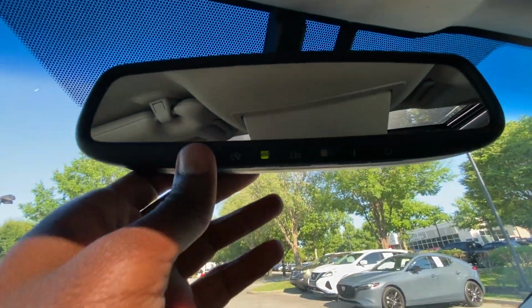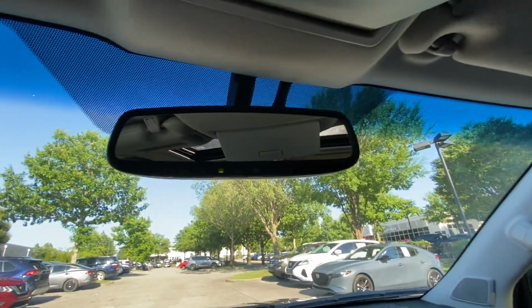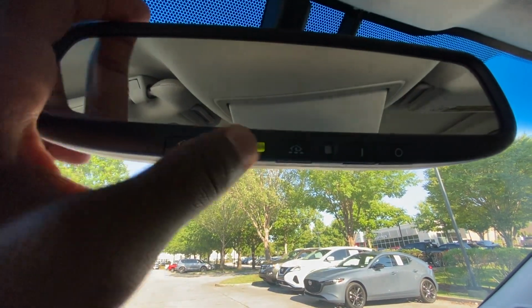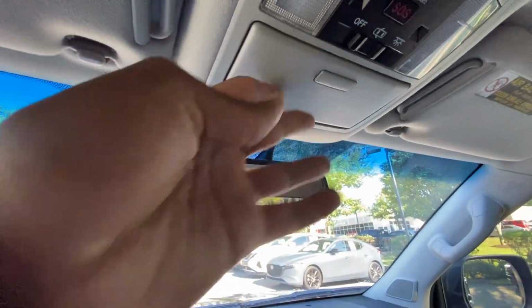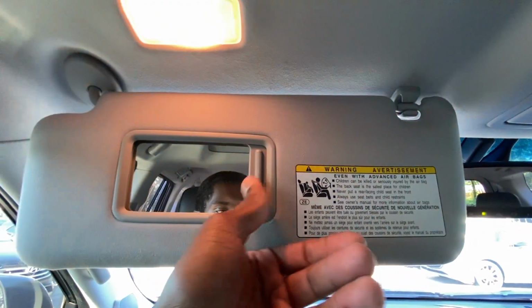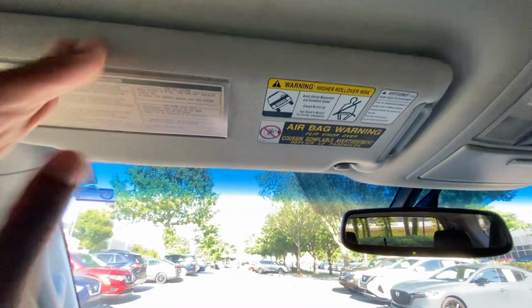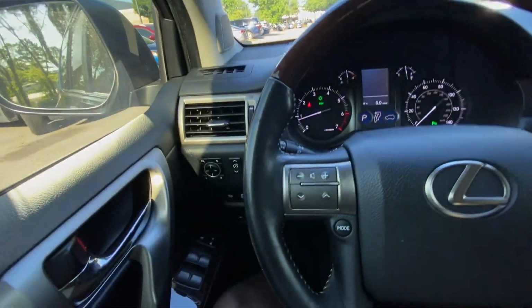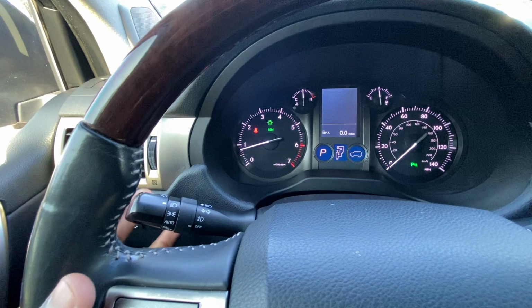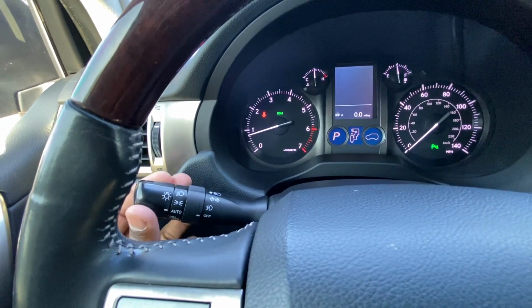Garage door transmitters are right in here, if you can see that. Let me go ahead and close the sunshade, that might help. Yeah, so right in there we have the garage door transmitters. And then vanity mirror here, we do get that light and we can open and shut that and it responds to being open. But back to the steering wheel, blinkers here, then high beams, we can flash here, corners, auto,